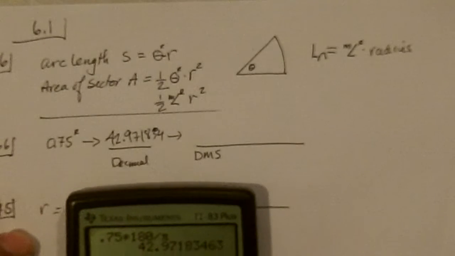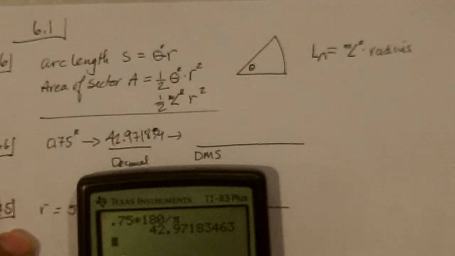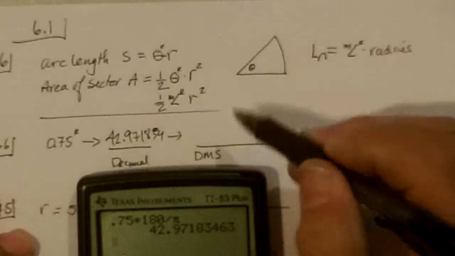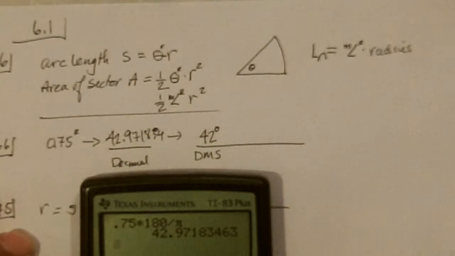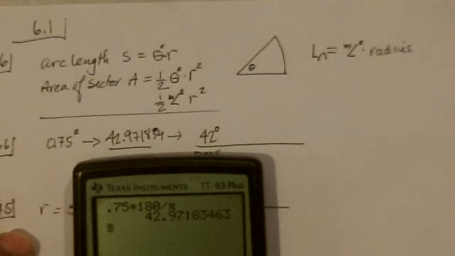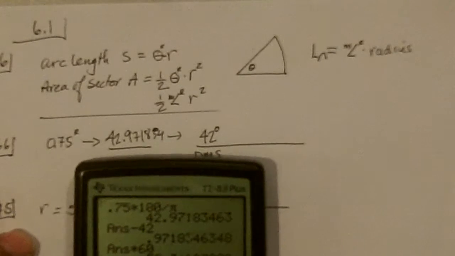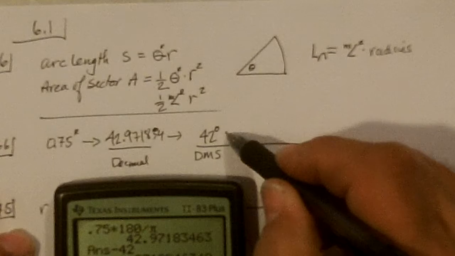42.97183463. But anyway, now if I want to change it to degrees, minutes, seconds, it's 42 degrees. So then I take this decimal value, subtract the 42, so I get just the decimal part, and multiply that, because this says basically 97% of the minutes, and each degree is worth 60 minutes, so I multiply by 60, and I get 58